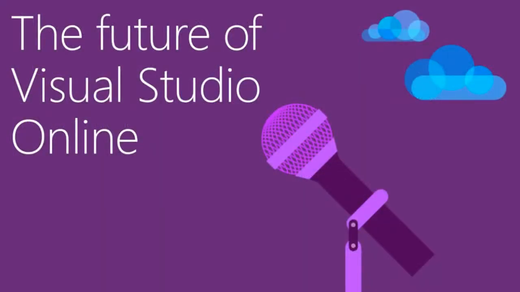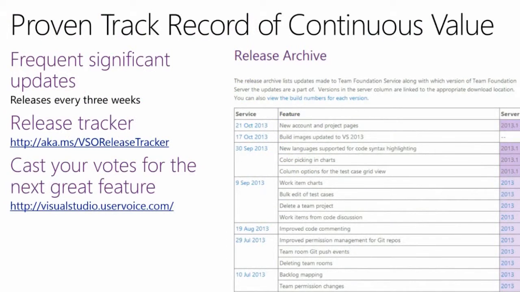We've really transformed the way we deliver software at Microsoft. And what we've done with Visual Studio Online is we've had a proven track record of delivering continuous value over time. So we do deliver a new release roughly every 3 weeks, which is around our sprint boundaries. So you can go back to our release tracker that's available, and you can keep track of what new features we've been introducing in each of those releases, and that's a good way of keeping up to date in the future. So you'll get new features roughly